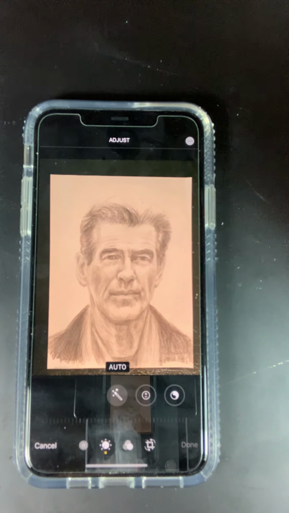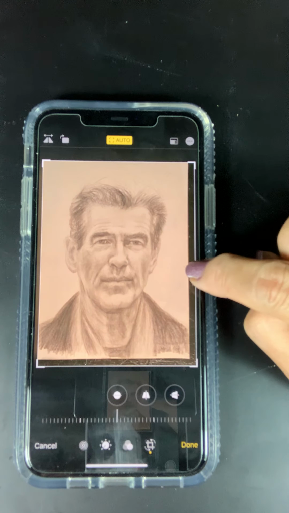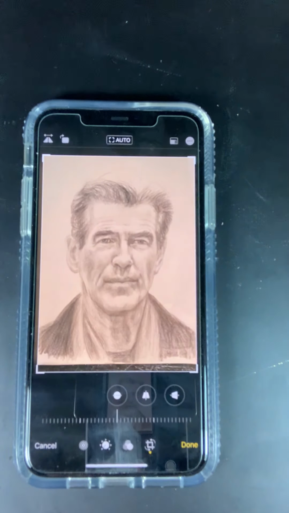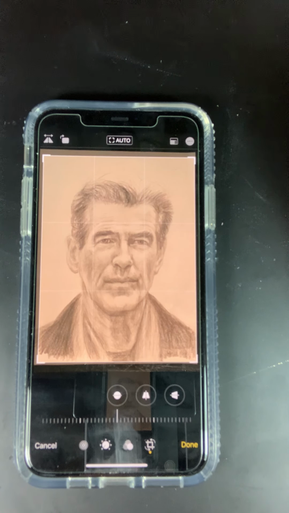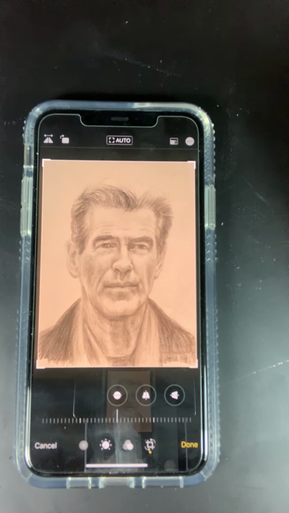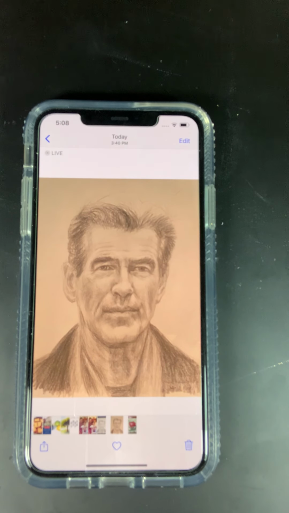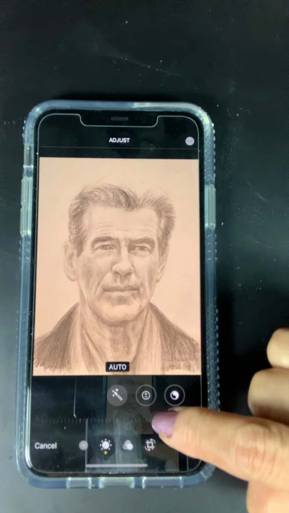Edit, crop, orientation is good, and I take the picture making sure the camera is above the artwork, parallel, not slanted, therefore distorting. Okay, it looks good, centered, done. It's cropped. The problem here is, now I'm in this,